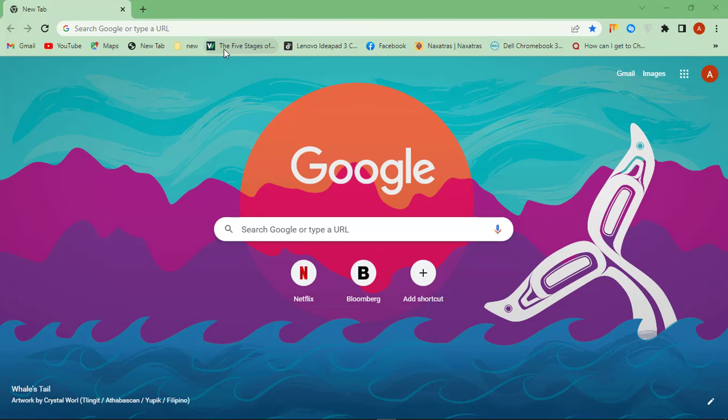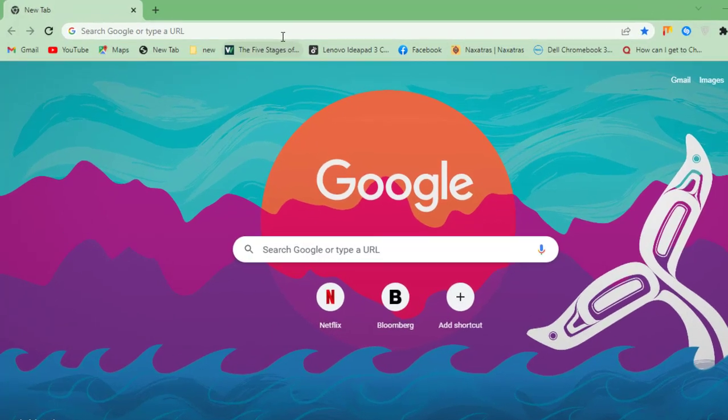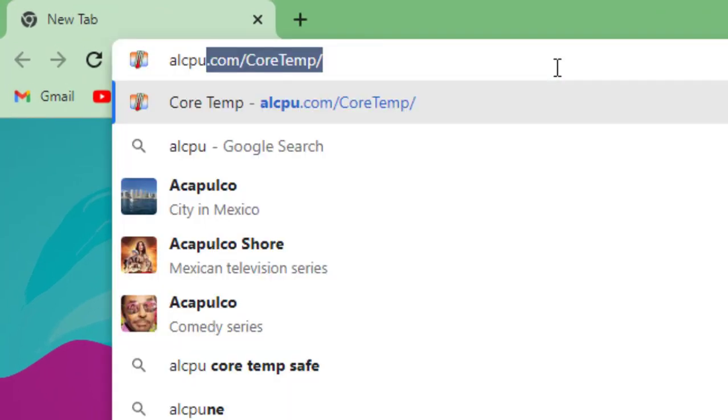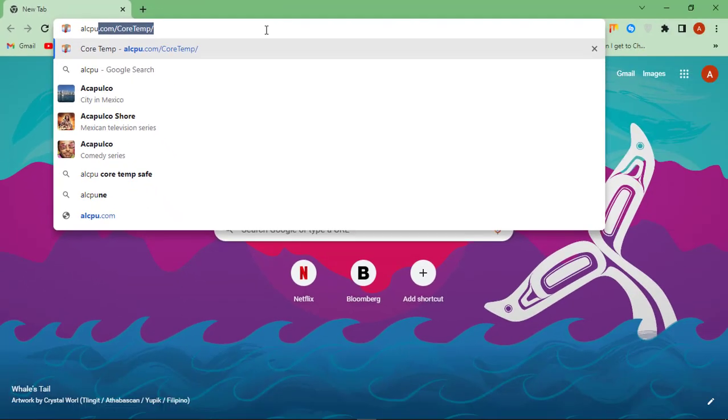In this video, I will show how to check your computer's CPU temperature in Windows 10. If your computer has an inbuilt CPU performance tool to check the temperature, then you don't need to go through these steps. If you have a fairly old laptop with no such inbuilt function, then go to